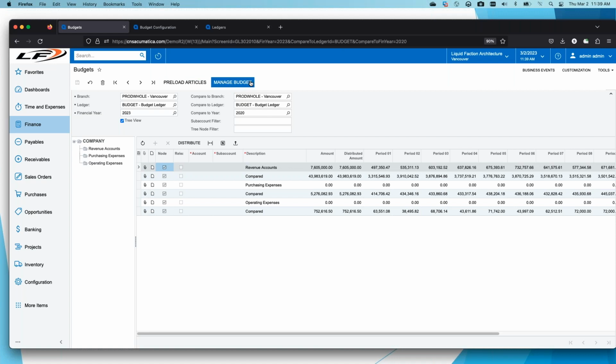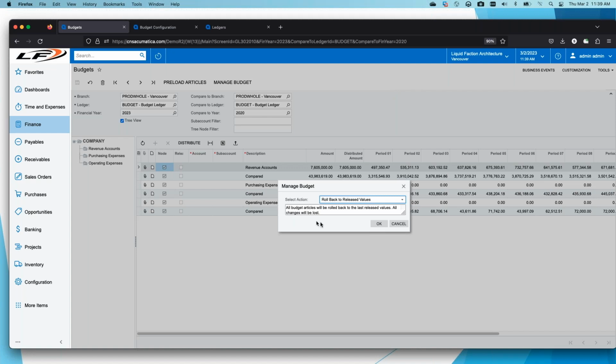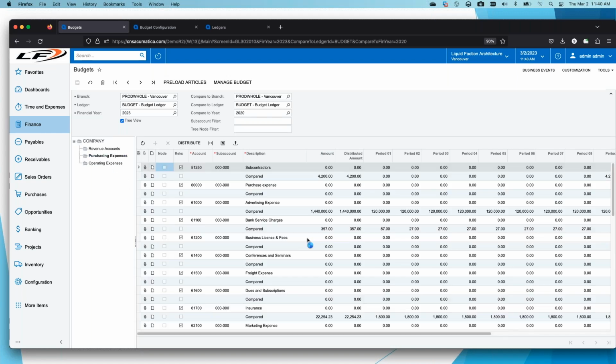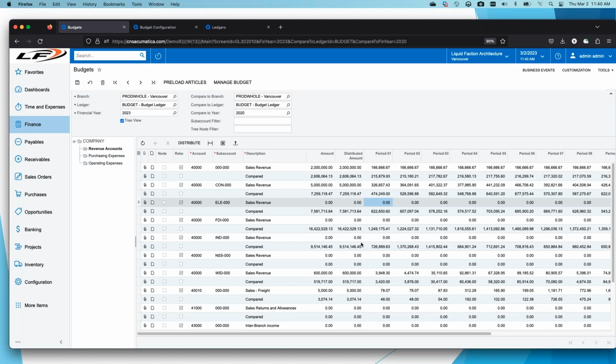I also have this thing called manage budget. So, roll back to released value. So I could be making some changes. So if I go to here, for example, and I'm going to put in 10 million, or no, that's 100,000. So I'm adding that piece there. So I'm putting a million there, going back to my revenue side, and I'm going to change this to 7 million and distribute that,